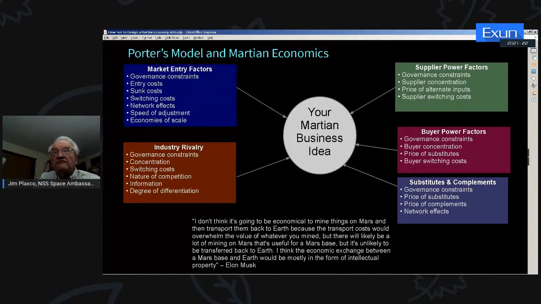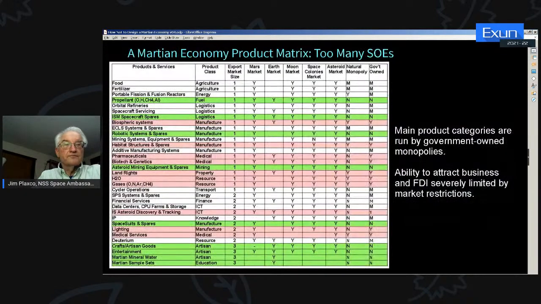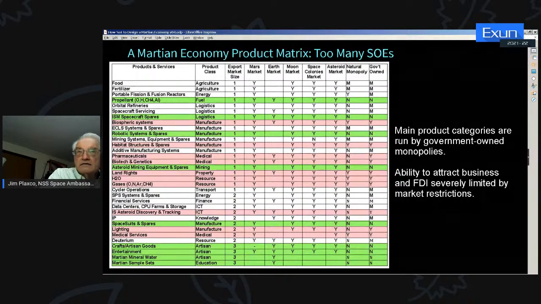Now, if you look at each of the 5 areas of competitive advantage, you'll see that there's something that they all have in common, and that has to do with the question of governance and the regulatory framework that the business will be subject to. And that is critical as we move forward in this presentation. Because after I created the matrix, other parts of the team got together to decide which product or which industries would be state-owned monopolies, alternatively known as state-operated enterprises, which industries would be allowed to be privately owned,